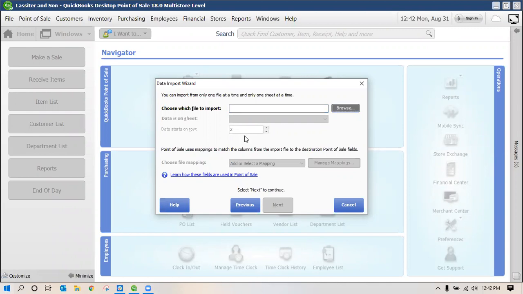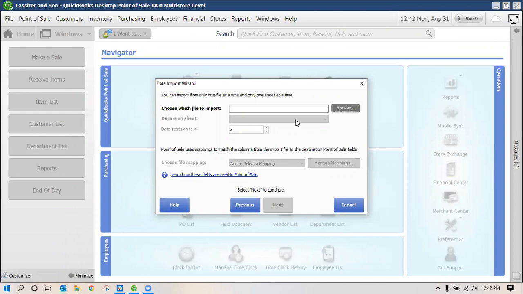We tell it what row to start on, where the data is, and we can create the mapping. So the map, we can tell it, all right, in my Excel file, row J, customer last name goes here, customer last name. So you can create that communication between your old system and what the different fields meant and the QuickBooks point